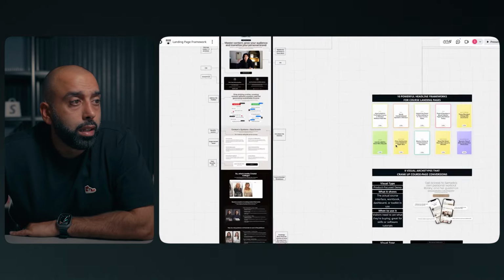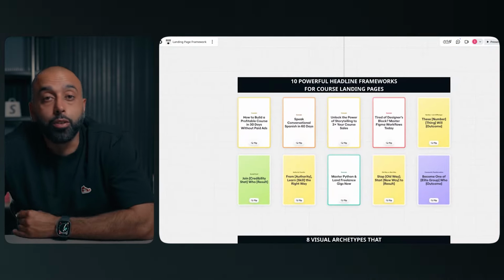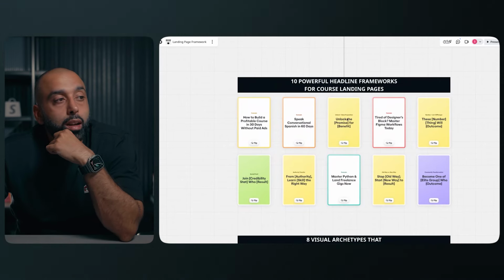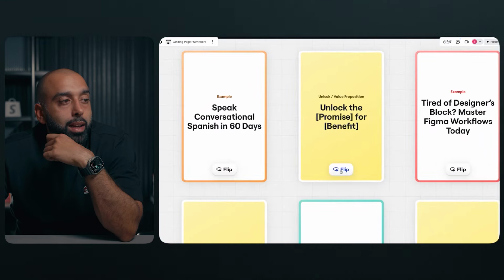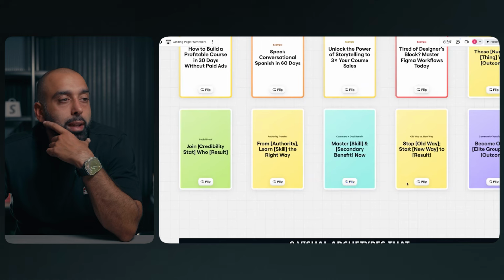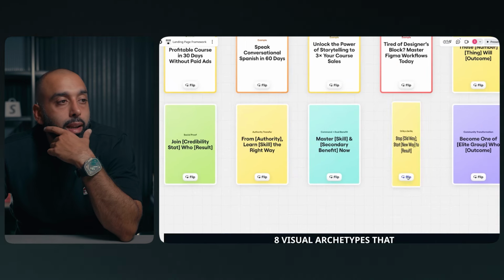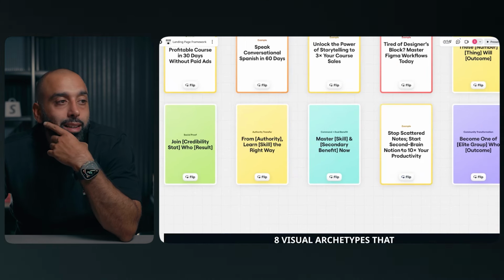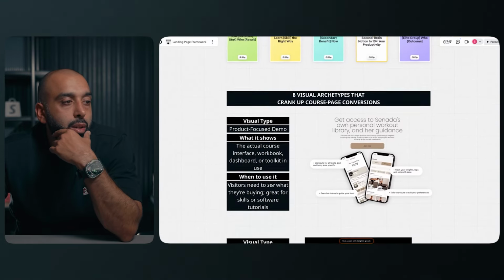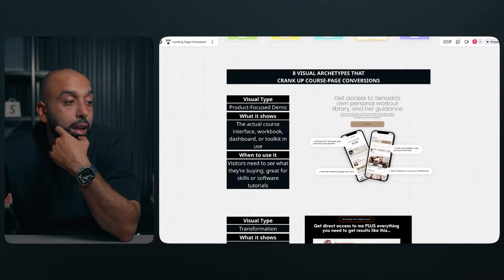And look, if you click down below and get this, you'll be able to come and play with this stuff. So the unlock, the promise, how do you work at headlines? The guys on my team have put together some cool cards for you to play with. Stop scattered, start new way. Let's see what that is. Stop scattered, now start. Second brain Notion to 10x your productivity. You can come and check those out. Some other sections as well that work well,